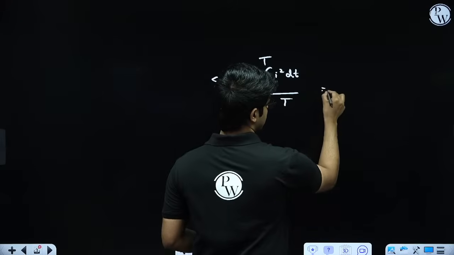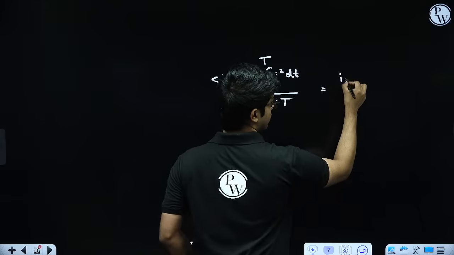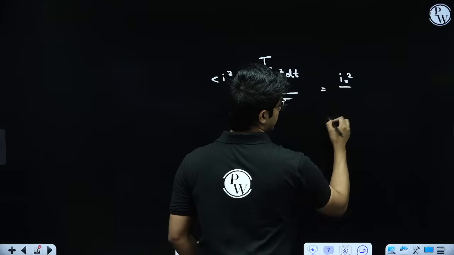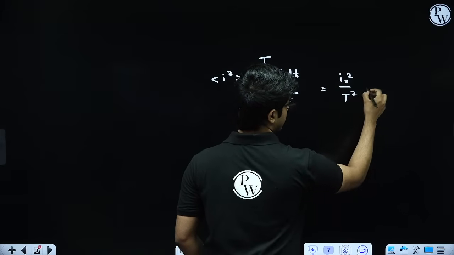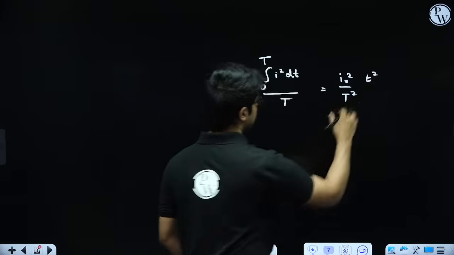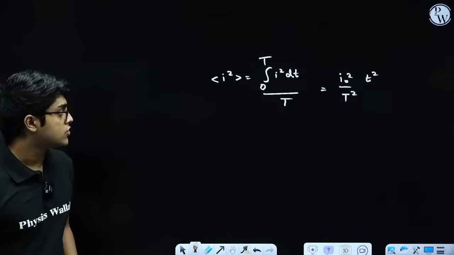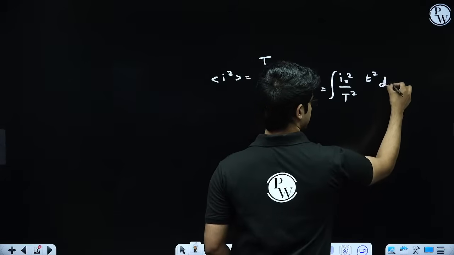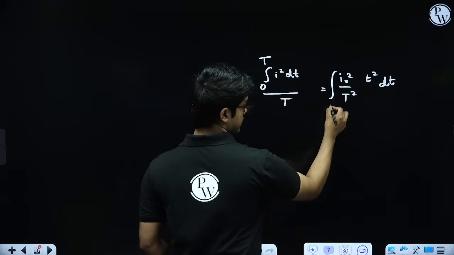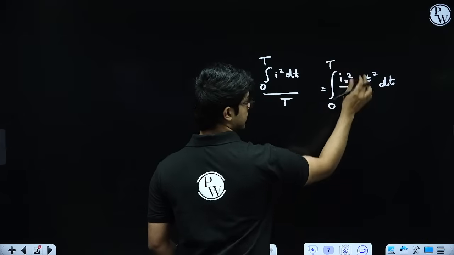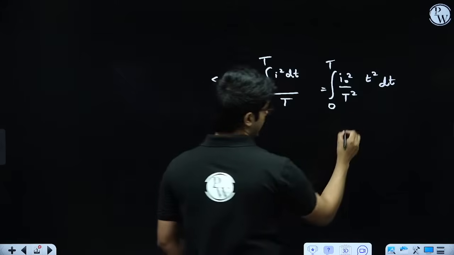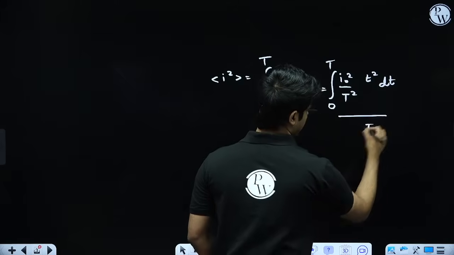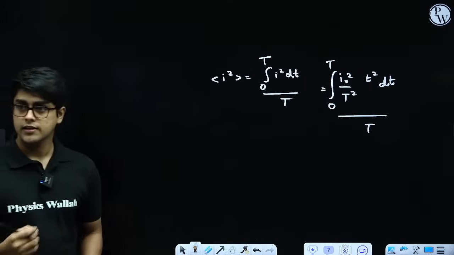Now let's substitute everything. I square is I naught squared divided by T squared times t squared, the function we calculated on the last page. Now we integrate this with respect to time from 0 to T, and divide it by capital T. Once we solve this integral,